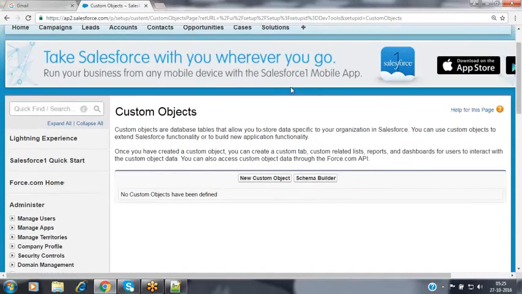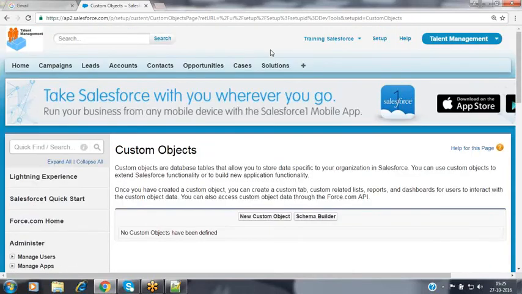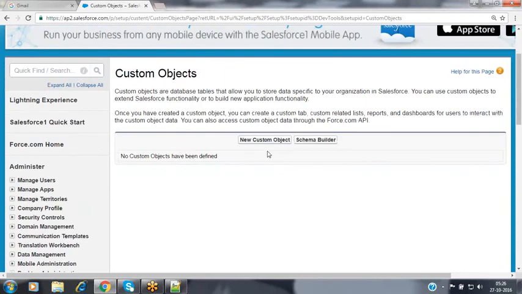Whenever you are developing something new, or if you want to customize the existing Salesforce CRM application, or build a completely new application of your own, different from the CRM, then we need to create our own tables also. To create those tables, we are using objects. Once you create an object in Salesforce, Salesforce will automatically create a table for you. In the previous session, we also discussed the navigation process.